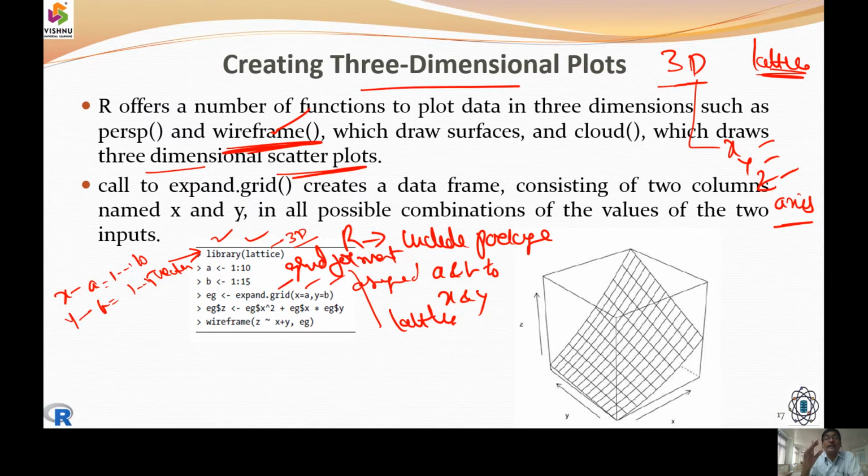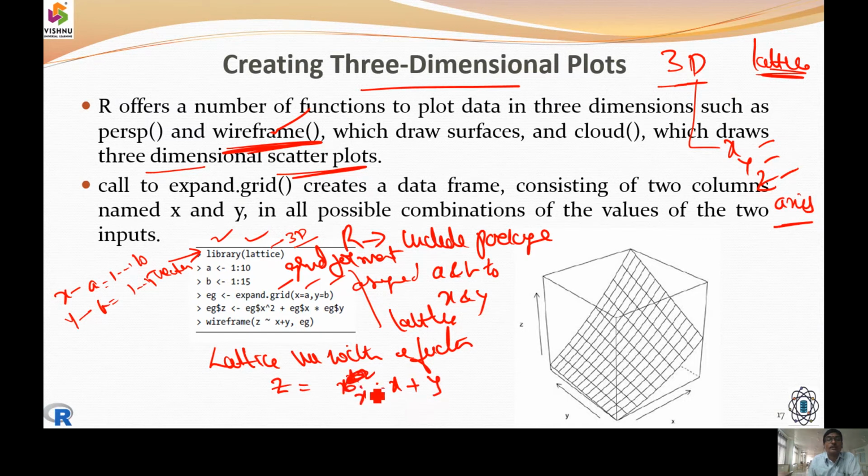How does a lattice have to be visualized? The lattice has to be visualized with a function called Z equals x power 2, that is x square plus x plus y.